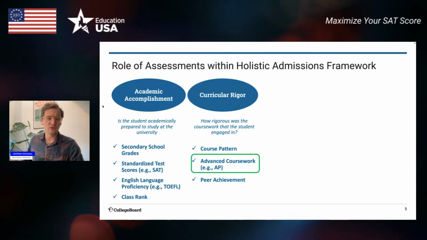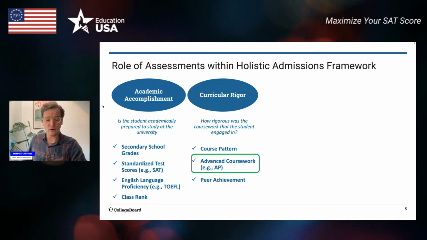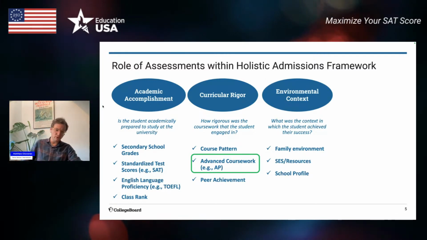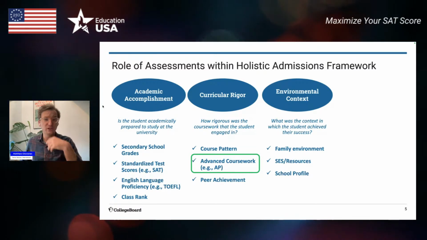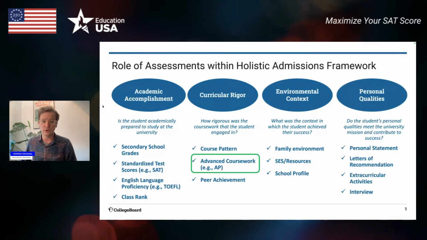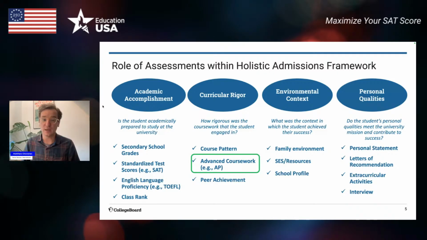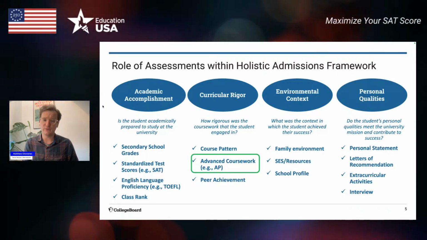And then there is, of course, curriculum rigor. So have you taken higher courses, college level courses like AP? We need to know about your background, what kind of school you actually go to, what kind of country you live in, what kind of resources you have or don't have access to. And then you'll even have to show things like a personal statement, which you write about why you want to go to that university,